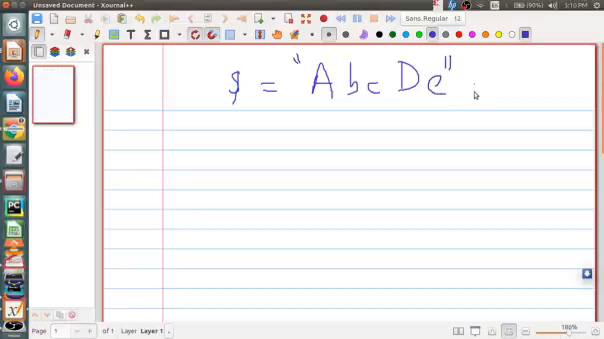So how will you declare it? You will declare it in Java with the string class or string type as the data type, and this s is the reference name and this is our value. Here you can see A is uppercase, b is lowercase, c is lowercase, D is uppercase, e is lowercase. Now write a program